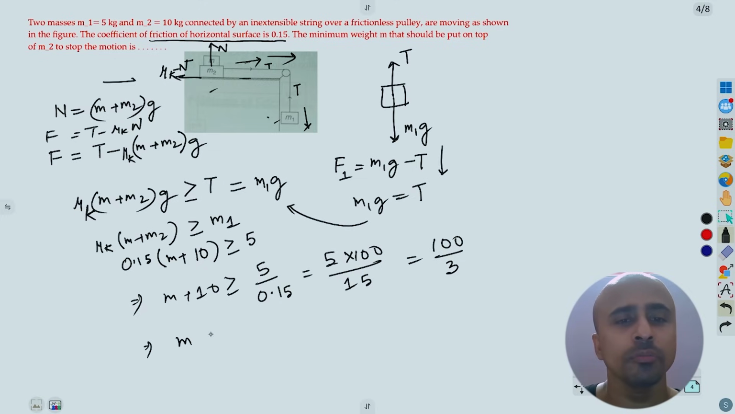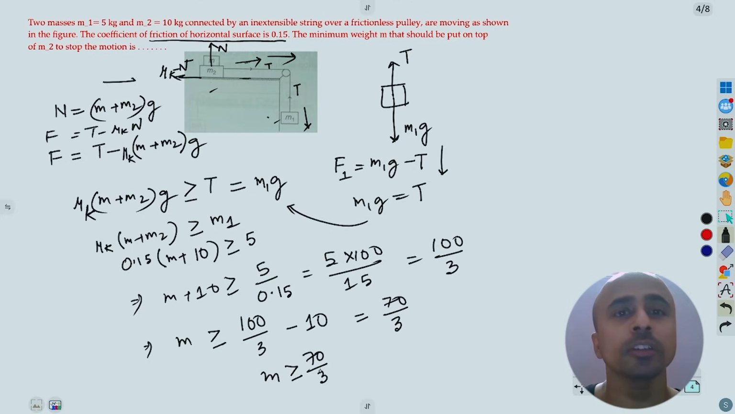So m is greater than or equal to 100 by 3 minus 10, which equals 70 by 3. So m should be at least, we want the minimum value, right? Here somewhere it is given the minimum weight. So m should be minimum 70 by 3,